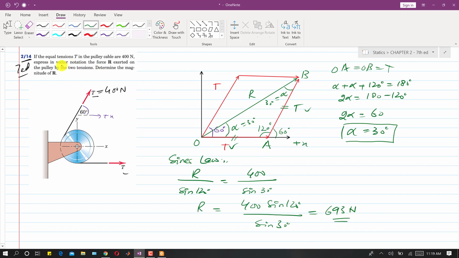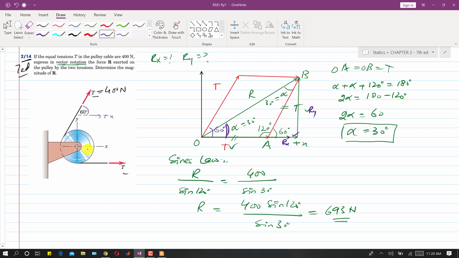So here in the statement it also said that we need to express it in vector notation. So we need to find the Rx and Ry components, right? So what we will do, we will find Rx component and Ry component. Let me draw the components of this R now. Let's suppose this will be the Rx component, right? And this one will be the Ry component, right? This one will be the Rx and this one will be the Ry, right? So now we know the angle of R with the x-axis, this alpha, right?